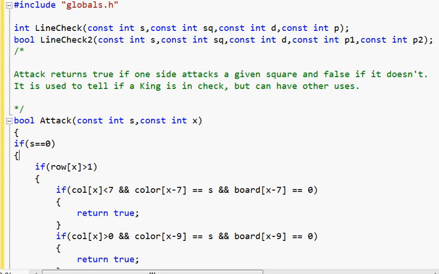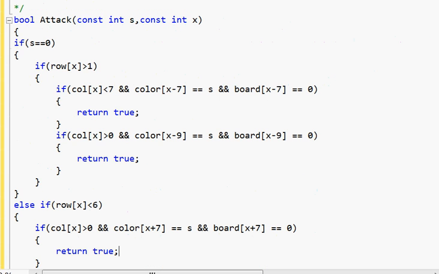We pass 2 things: the side, which is S, and the square, which is X. Notice I'm using constant because that appears to be the fastest way to pass constant ints to a function. Okay, so if it's side 0, what we're going to do is if the rows are greater than the first row,